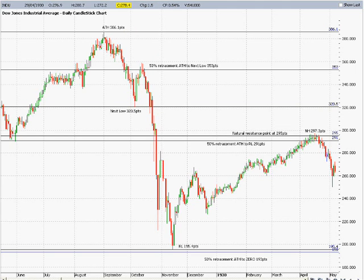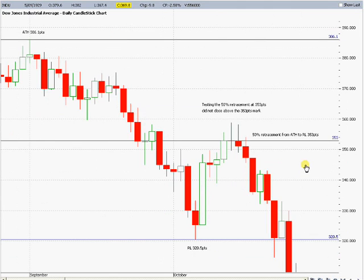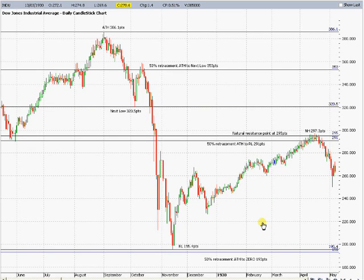If we have a closer look at that, you can see we were testing this 50% retracement, and the tails from our candles were peeking up through there, but we were basically right on that 50% retracement mark with regards to closes and opens until we get these red candles heading back down. Going back to our daily chart,